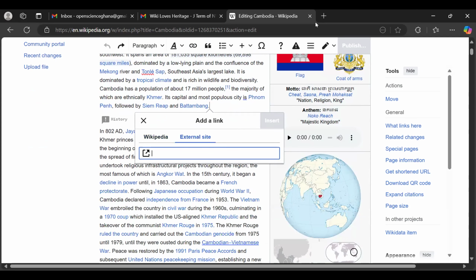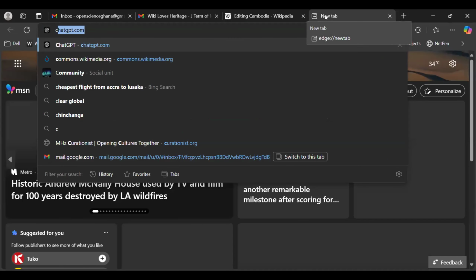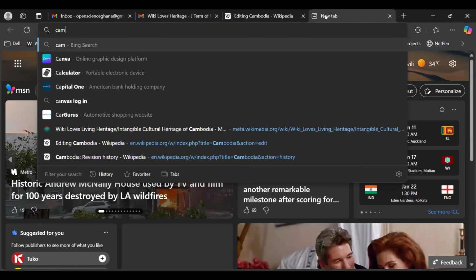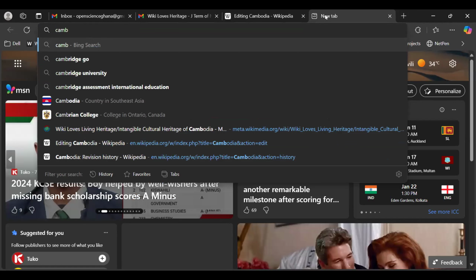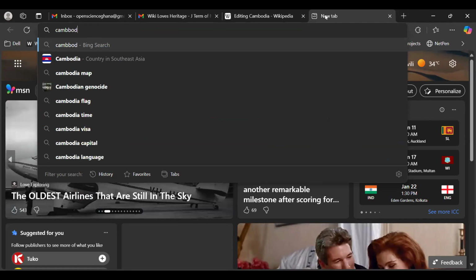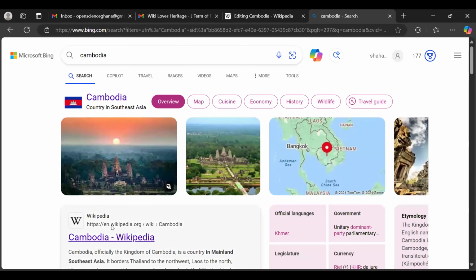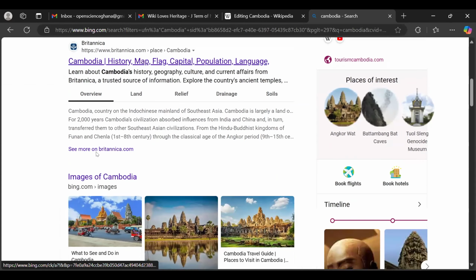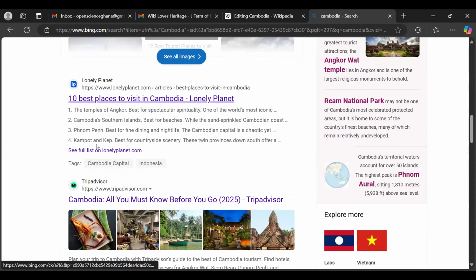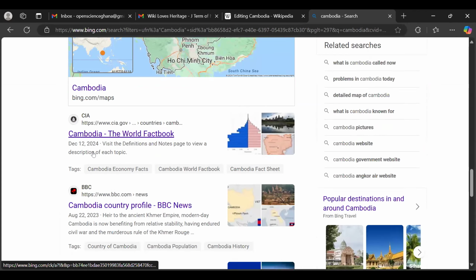by copying a link. So assuming this is my source, I'll just search Cambodia on Google. Let's say this website, let's just find one.